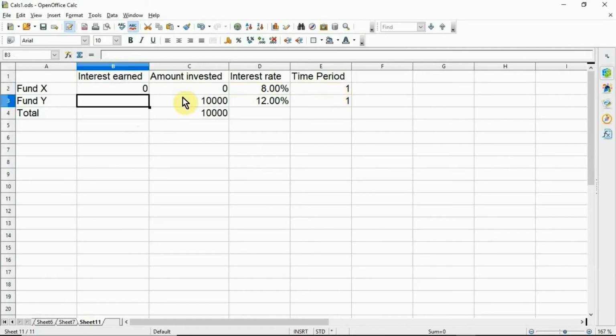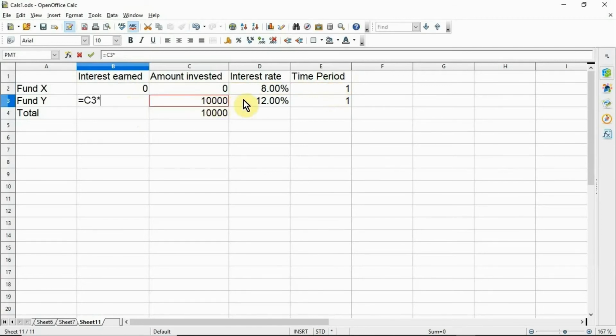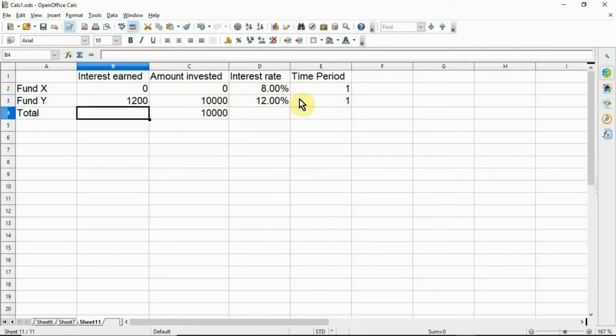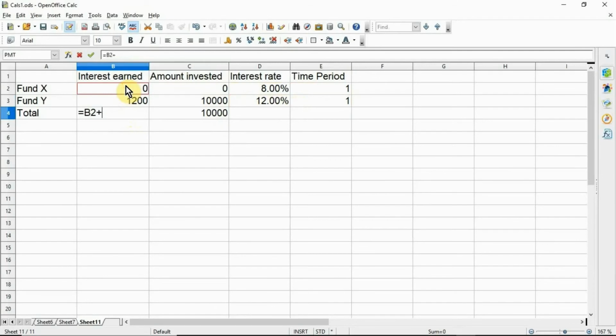And in cell B3, enter the formula equals C3 into D3 into E3. And then find the total: equals B2 plus B3 as the total interest earned.